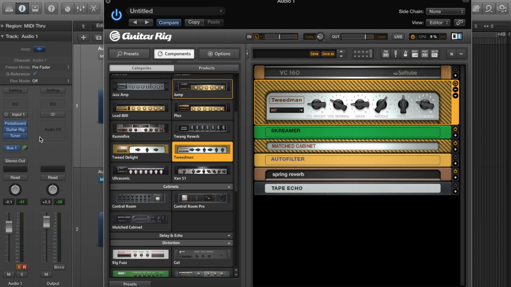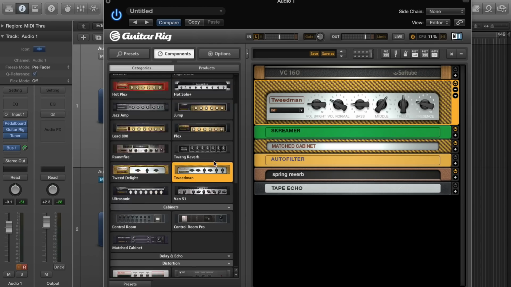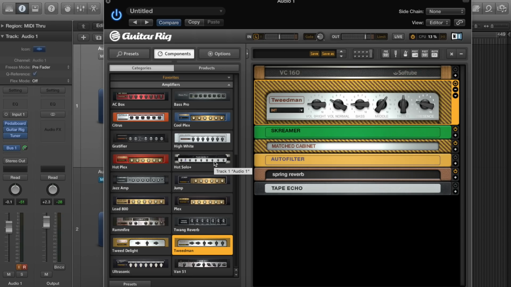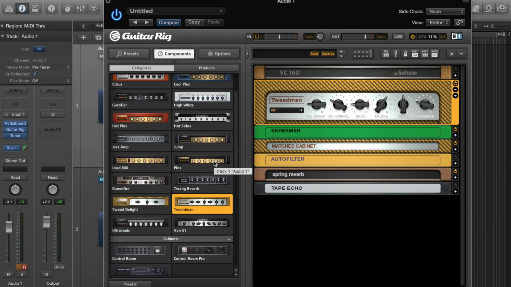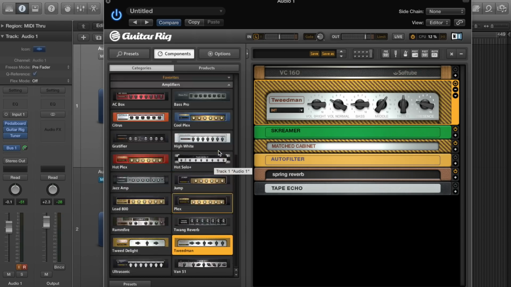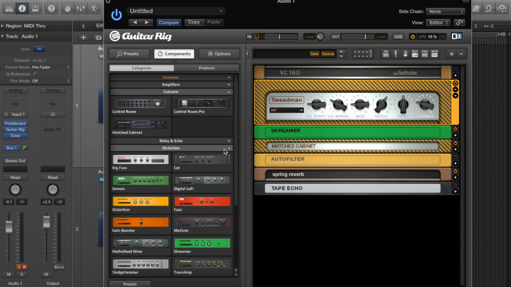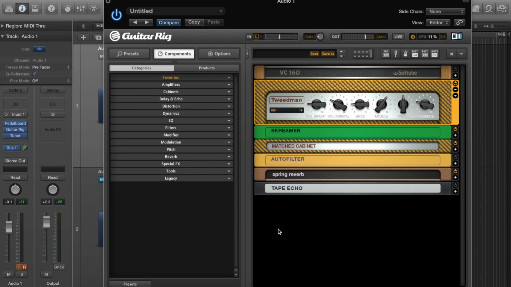So the first thing within Guitar Rig worth mentioning is going to be the amp, given it is an amp simulation software. It is the Tweedman, and 99% of the time I use this exact amp model. There's a couple of amp models within it, to be honest. A couple of different Marshalls, AC30, an Orange, a couple of higher gain dual rectifiers, all that kind of stuff. But I'd be lying if I said I ever really looked beyond the Tweedman, to be honest. It's great. It sounds very much like a Fender Bassman to my ears, and as much as it sounds great clean, like this,